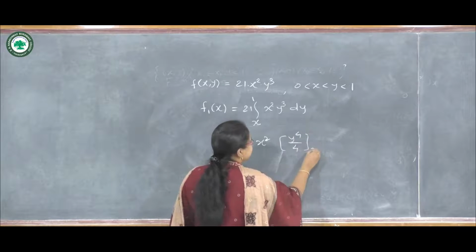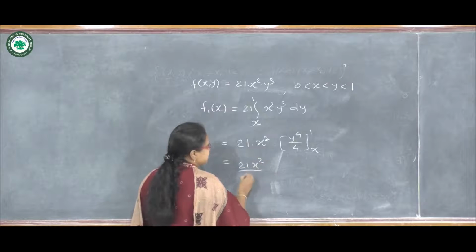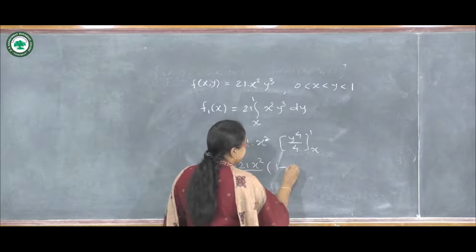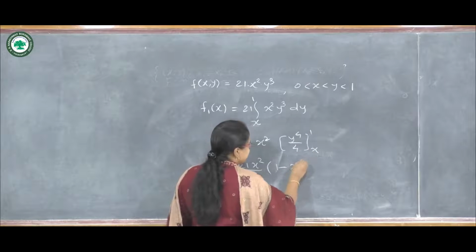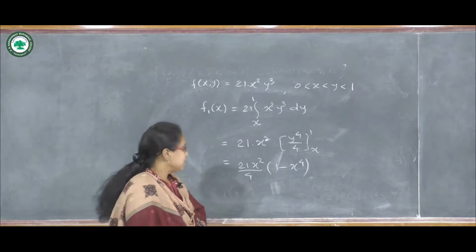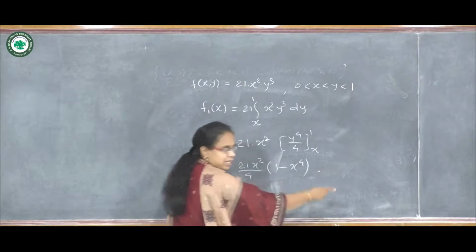This we know that. So 21 x square divided by 4 into 1 minus, substituting the lower limit, x raised to 4. So this is the marginal PDF of x,